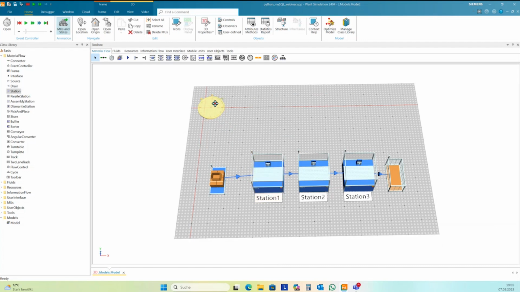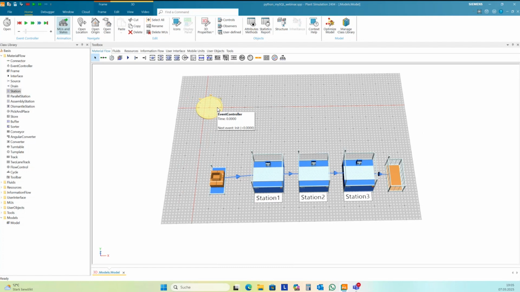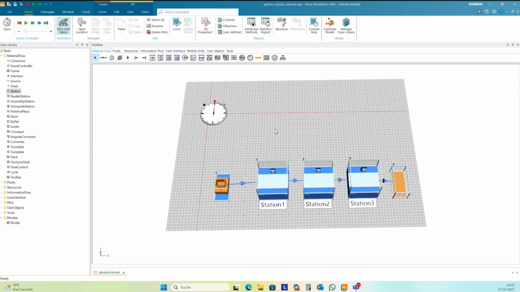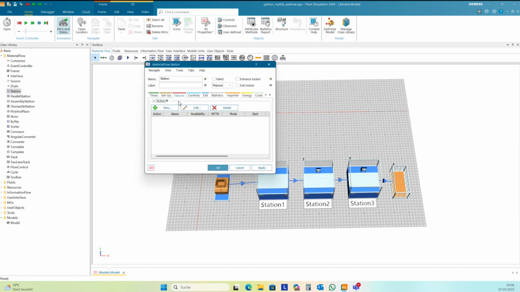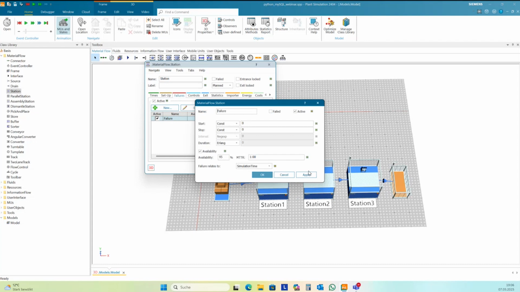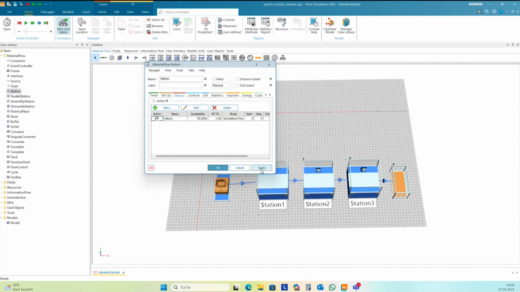I want to set the process time of the stations and the failure times, mean time to repair, and availability of the stations. And so I need to include in the class here first one failure, so that I can set all this stuff with SimTalk.